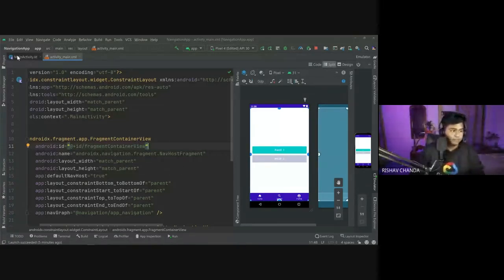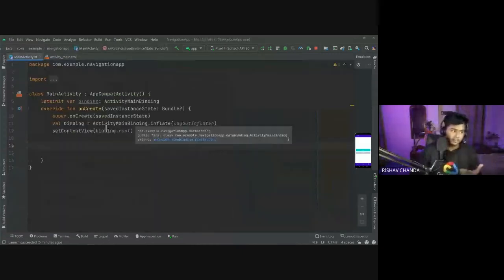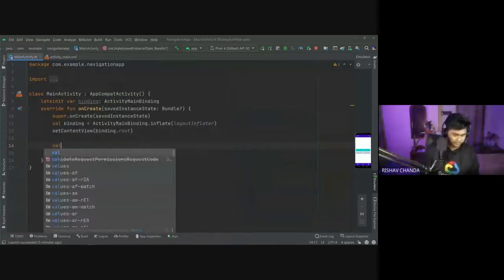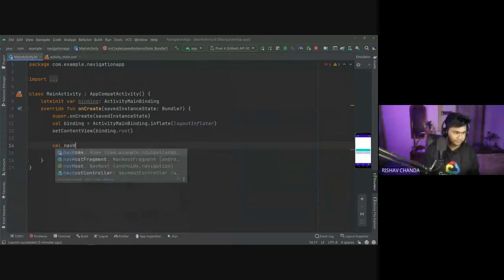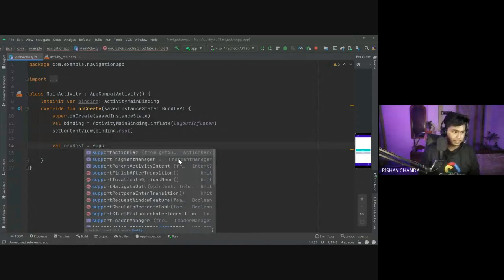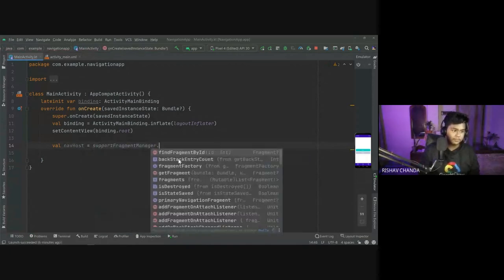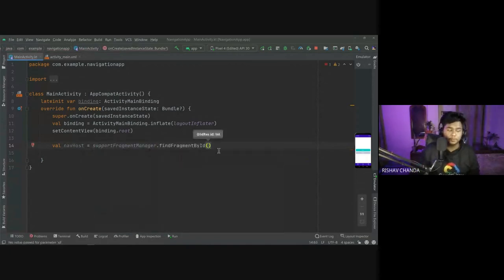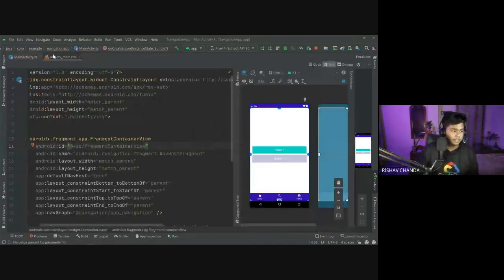So first we have to initialize this nav host in this main activity, right? So I would write a val, then I would give navHost, and here what we have to define is the navigation host. So I would write supportFragmentManager dot findFragmentById. In here we have to pass the container view, and its id is this one.